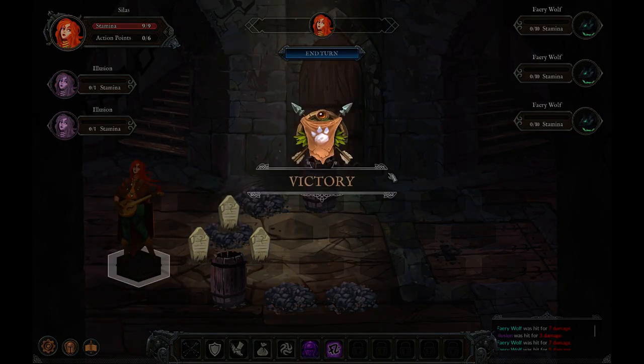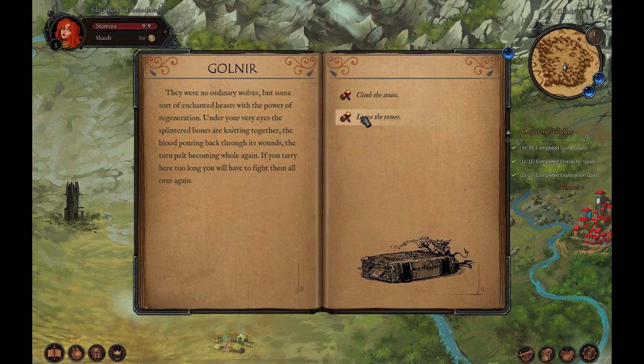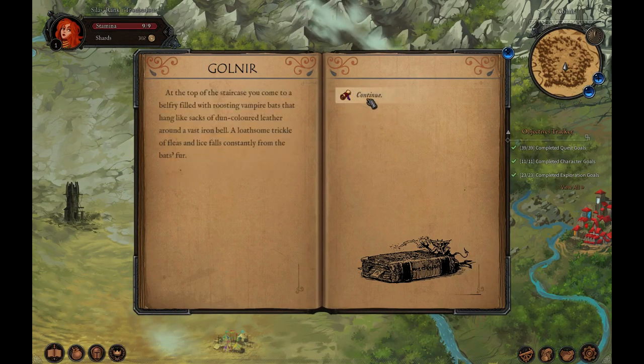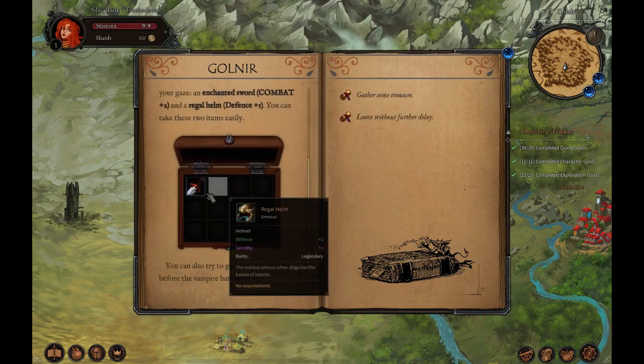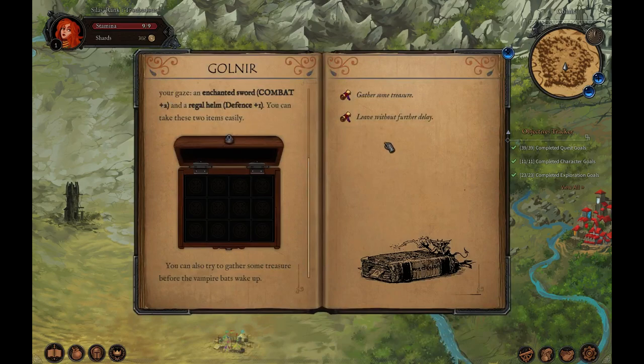There we go. That was closer than I thought it would be. Usually I can kill them before they even reach the clones. In any case, no damage taken, climb the stairs, pick up the helmet and the sword, equip the helmet, and